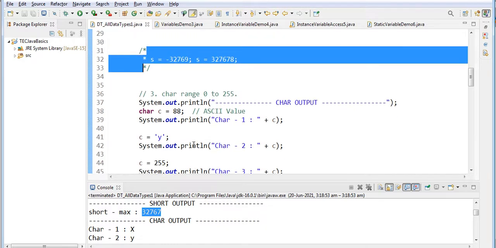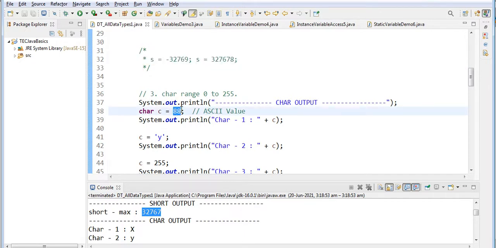Next one, character. Here, as I told you, it will display the character. Here I have given directly c is equal to y, and the data type is char. Here I have given 88, which is ASCII, American Standard Code for Information Interchange. Each key, like each alphabet A, B, C, has an internal ASCII value, which is given as 88 here, and here I have given y directly.